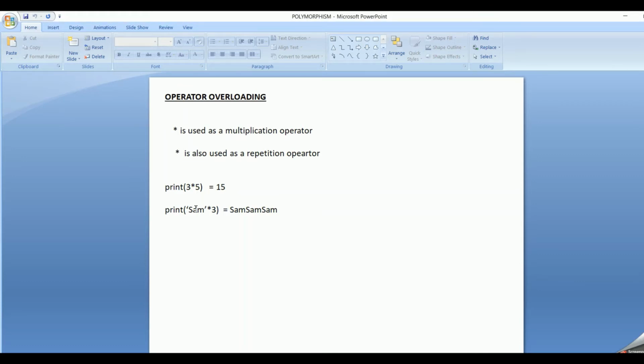When there is a string and a number, then it acts as a repetition operator. So the same into operator behaves in different ways in different scenarios. So this is an example for operator overloading, and hence polymorphism is achieved.